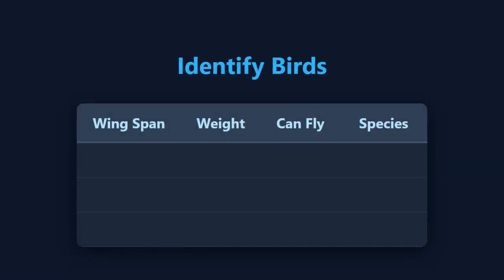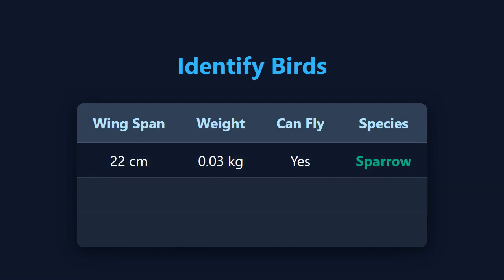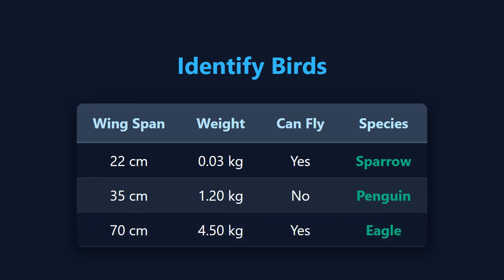Let's build a decision tree for a wildlife dataset. Suppose our dataset contains observations of 3 bird species: sparrow, penguin, and eagle. Our features are wingspan, body weight, beak length, and can fly, and our target is species. For example, the machine sees the features. We provide the species as the answer during training. The tree's job is to discover the questions that separate these species.